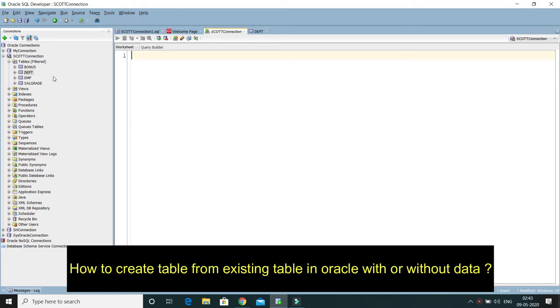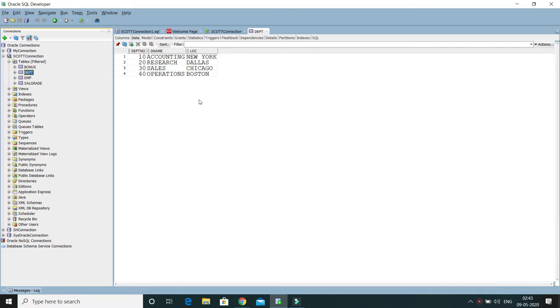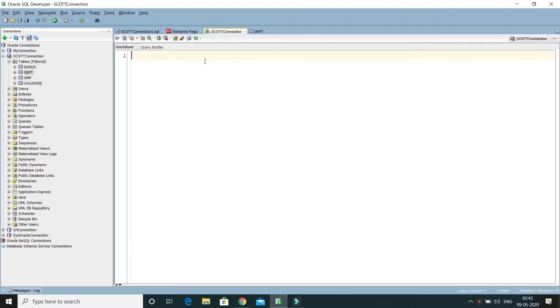Just for reference, I'm taking this DEPT table, and you can see DEPT table currently contains 4 rows, right? Now I would like to create a table out of this DEPT. Then it's very simple.